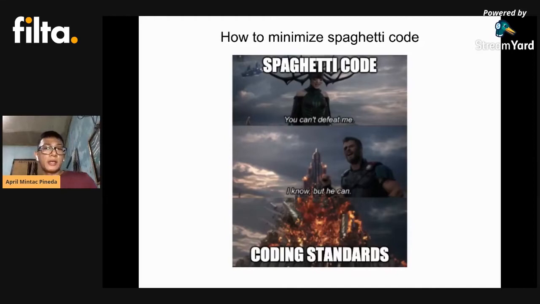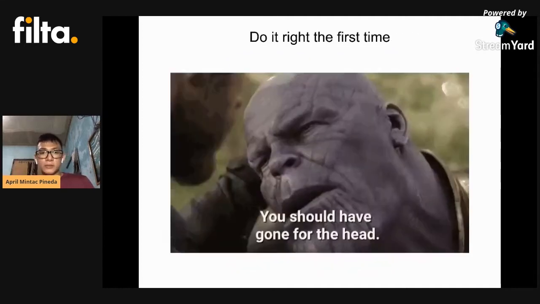So how do we minimize spaghetti code? Well, we can minimize spaghetti code by the work of a superhero we call coding standards. There are some coding standards that you can implement right from the start, but ultimately you will have to do the research to build the coding standard that you'd like to implement in your project and that everyone will follow. But coding standards are the key to controlling and minimizing the spaghetti code problem.